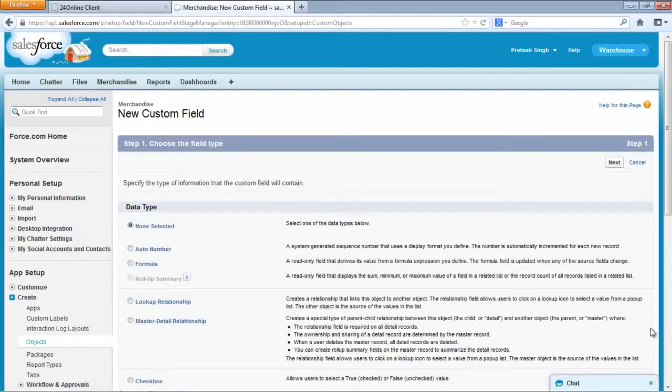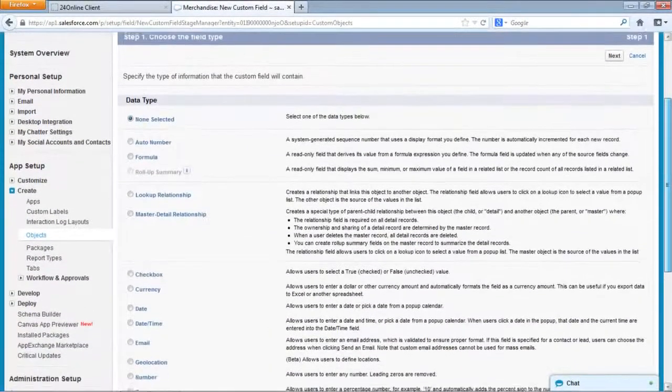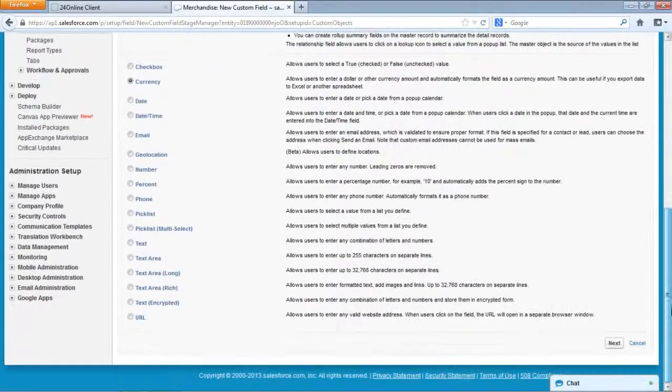So we are back on this page. These are the data types; I forgot to tell you that for every field we create, we have to mention the data type that field will be holding. This helps Salesforce at the backend to understand the type of the field, and for the business logic to be clear. Now we need to add a field called price for each and every item. So we will select currency as our data type. We'll click on next.